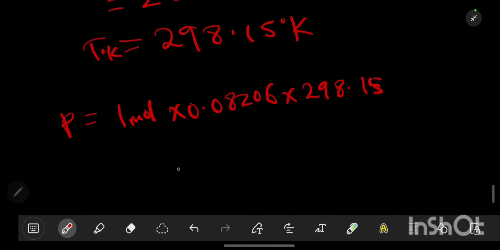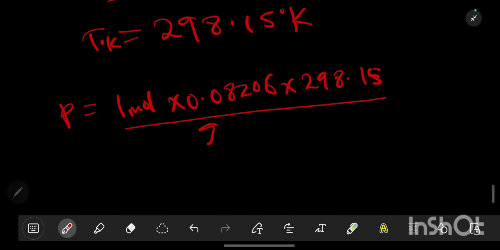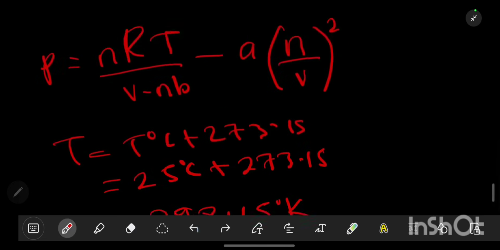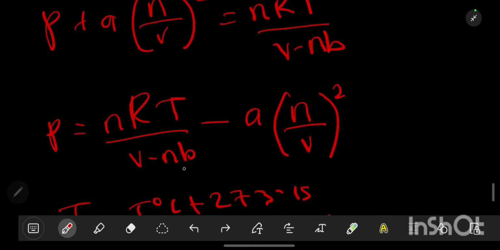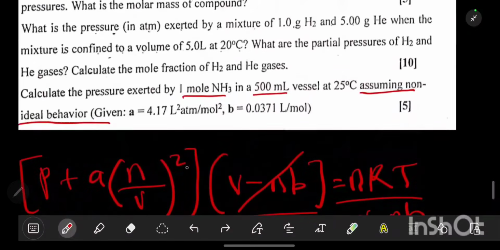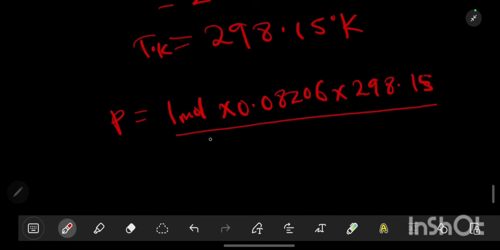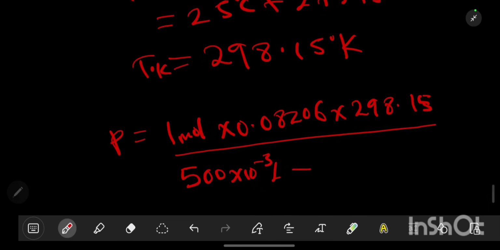Then we divide over our V minus nb, and we know that the volume is 500 milliliters. So we can put 500 times 10 to the power negative 3 liters, minus